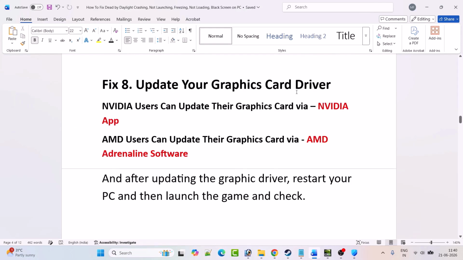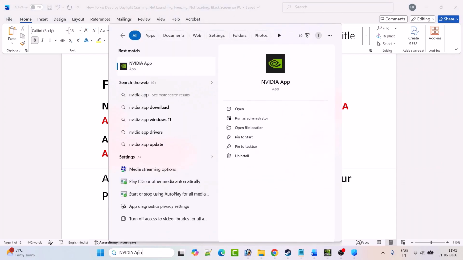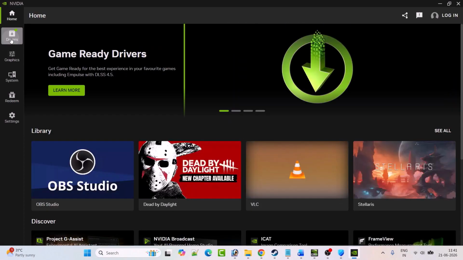Fix 8 is to update your graphic card driver. Now NVIDIA users can update their graphic card driver via the NVIDIA app. AMD users can update their graphic card driver via AMD Adrenalin software. So if you are an NVIDIA user, then in Windows search type NVIDIA app and open the NVIDIA app. Go to drivers section